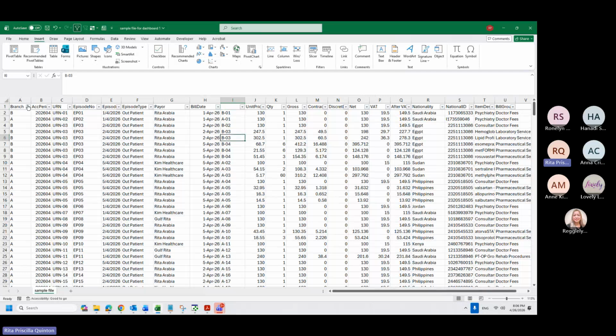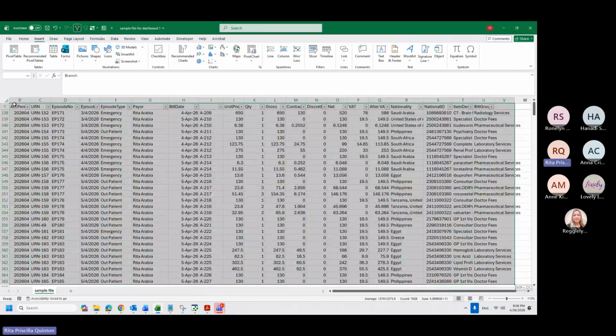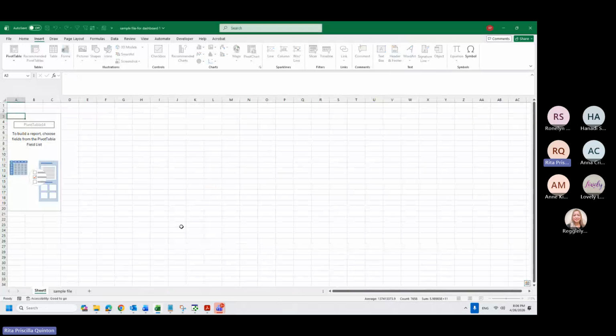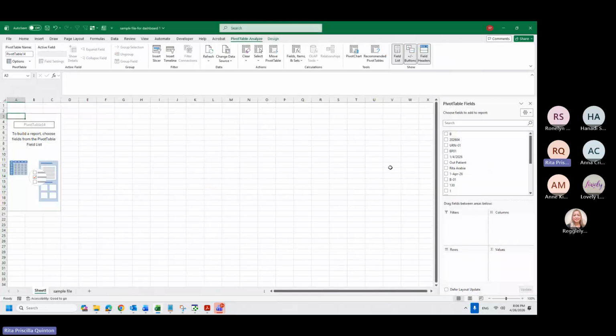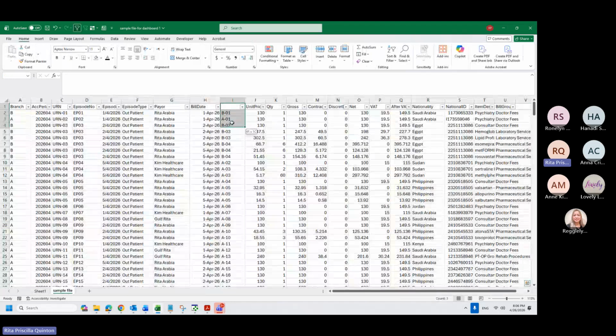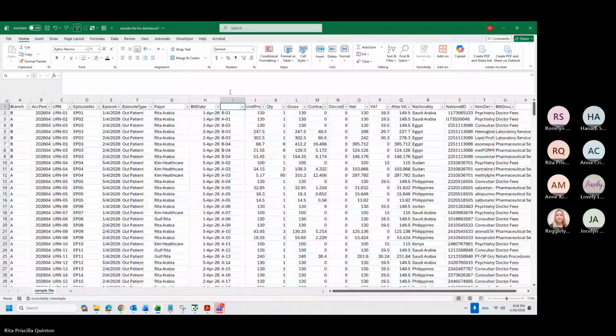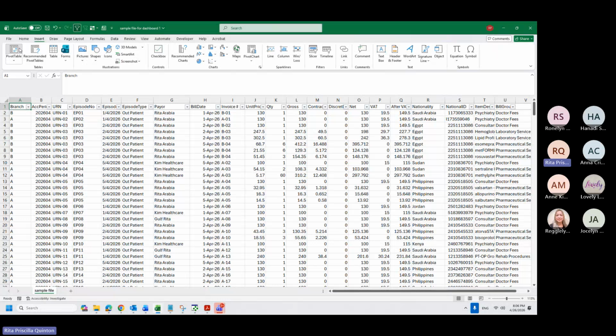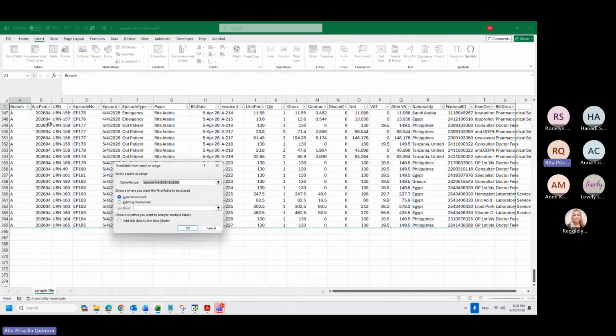For example, this one, if I select all and make a pivot table, it will be an issue because it shows like this because of my header. It's not correct. I have a blank in I. Okay, let me put that back. This is invoice number. Now I will just select A and then insert pivot table, just making sure that it captures all the data I need.